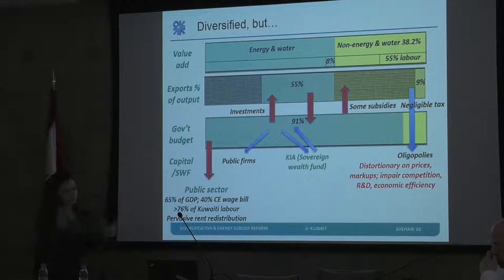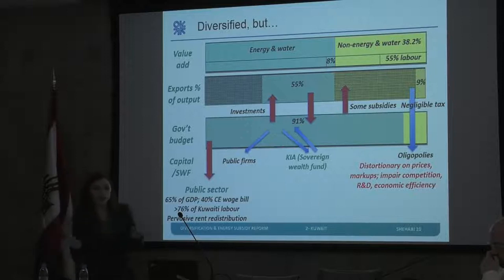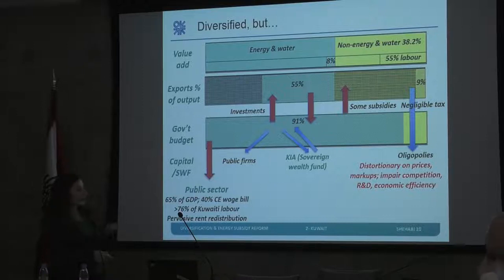And I've done this in previous work, and I'm happy to show you more work or evidence on this in the Q&A session. But there are pretty much oligopolistic features in every single sector of the Kuwaiti economy. And that is a problem for lots of reasons, in part because oligopolies are very distortionary. Also, oligopolists tend to capture a lot of markups up and beyond the actual competitive price. And what that means is that the markup that they gain is actually diverting away from investing in competitive projects. It's been accepted in economic theory that competition induces growth, right? It's the whole idea of creative destruction. When you have oligopolies, you're not going to have any of that. And that also means that it's going to impair competition, lead to low investments in R&D, but also reduce largely the economic